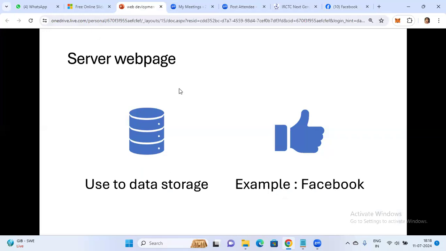So now you tell me what is the difference between the three things. We have talked about static, dynamic, and server web pages, right? In short and sweet, what did you understand by hearing these three types of layers? Please text me in the chat. I'll be waiting another two minutes. What did you understand by static? What did you understand by dynamic? And what did you understand by server web pages? Please give a quick response in the chat.